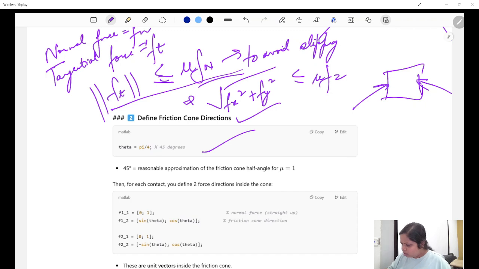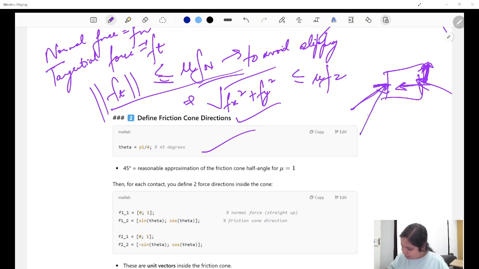And there are two things which can happen right now. You have two components of force, this one and this one. Maybe your tangential force goes more than mu into normal force, and if it does, then the object will snap out of your finger, right? So you're not inside the friction cone, you have allowed slipping. So that is the case happening there. So you want to always stay in the friction cone so that you don't allow the object to slip. So it basically determines the extent of this angle that you can make with the vertical so that your object will not snap out.